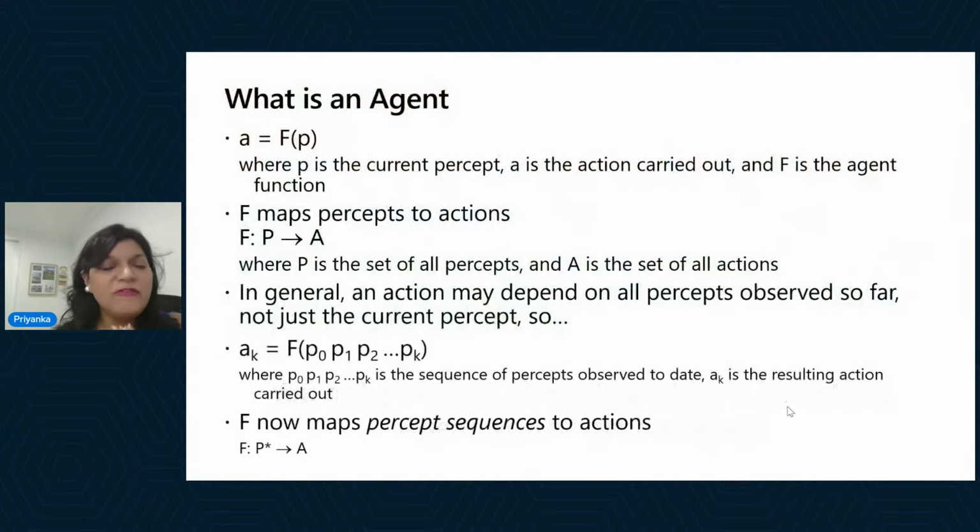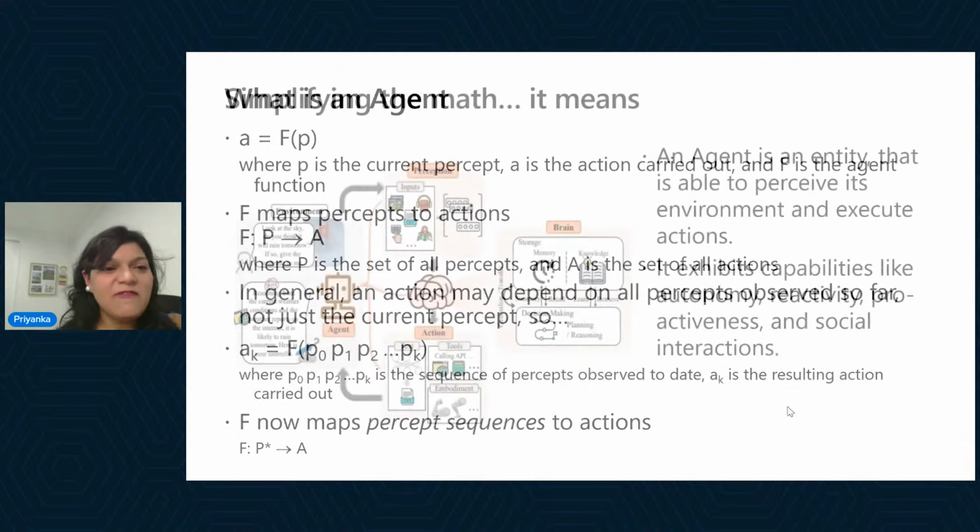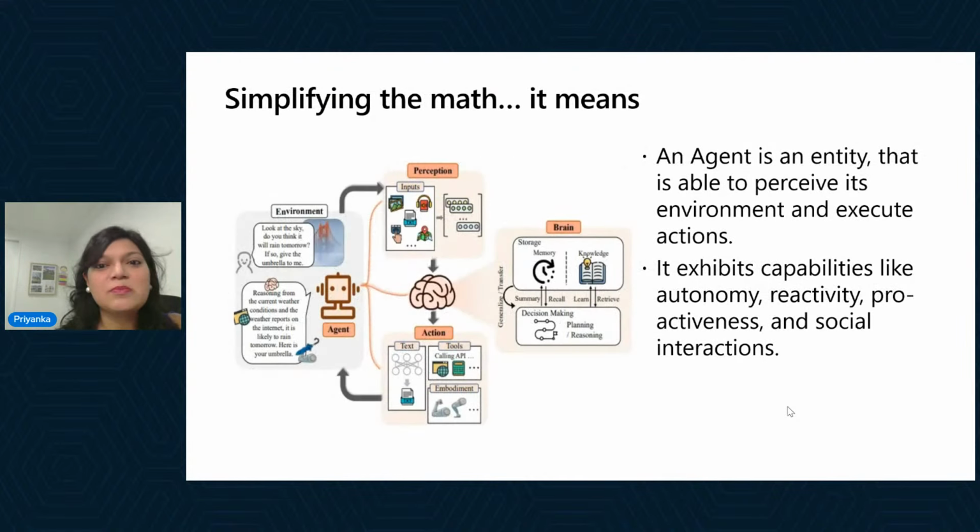Before we jump on to an agentic framework or agent architectures, let's have a look at what an agent is. You might see some fairly complex data science representations of functions and agents and actions and percept maps and so on. That's just the data scientist in me trying to make it more complex than it really has to be. If you simplify the math, what it means is